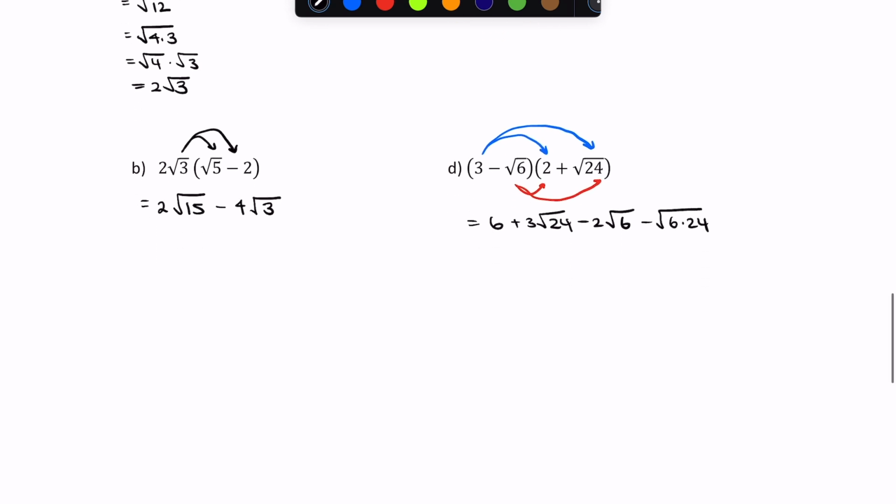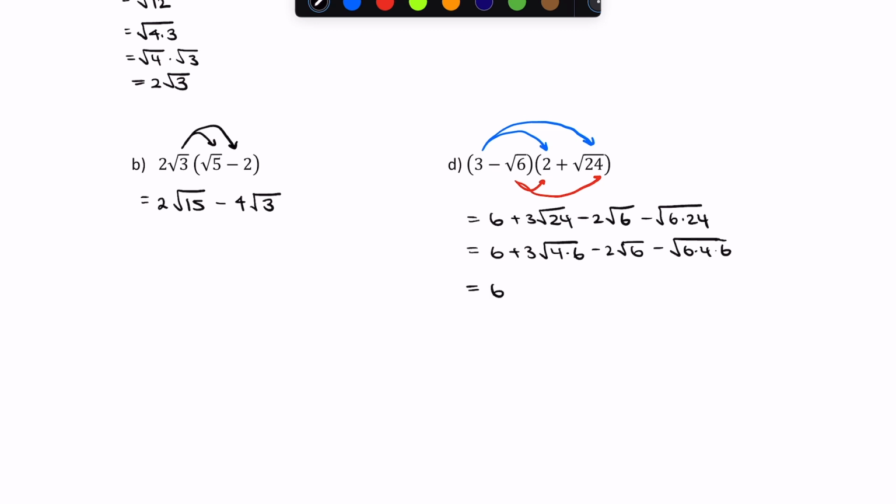Here we can simplify a few of these. So 6 plus 3, I'm going to split up the 24 to 4 and 6. 2 square root 6 will keep the same. And here we can actually simplify this to, again, 4 times 6 times 6 will split up to 24. Here, if we rewrite this, we have 6 plus 3 square root 4 square root 6